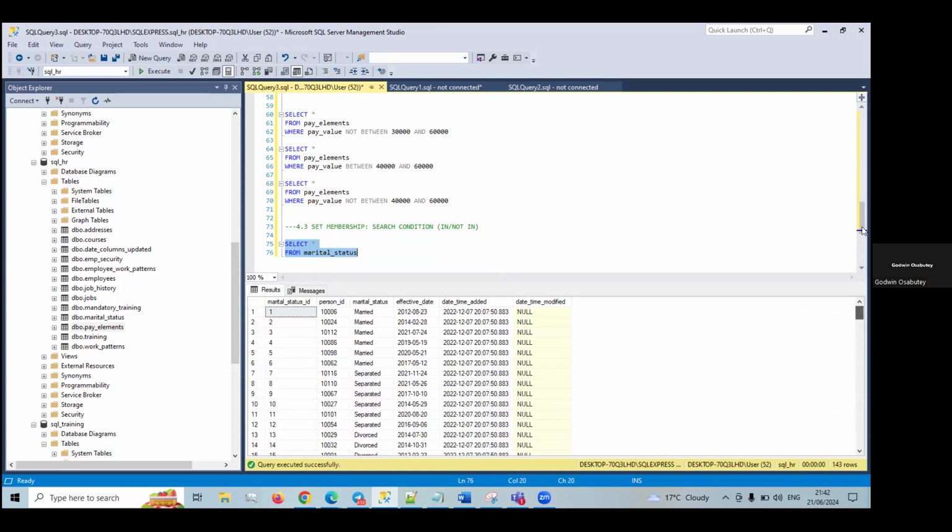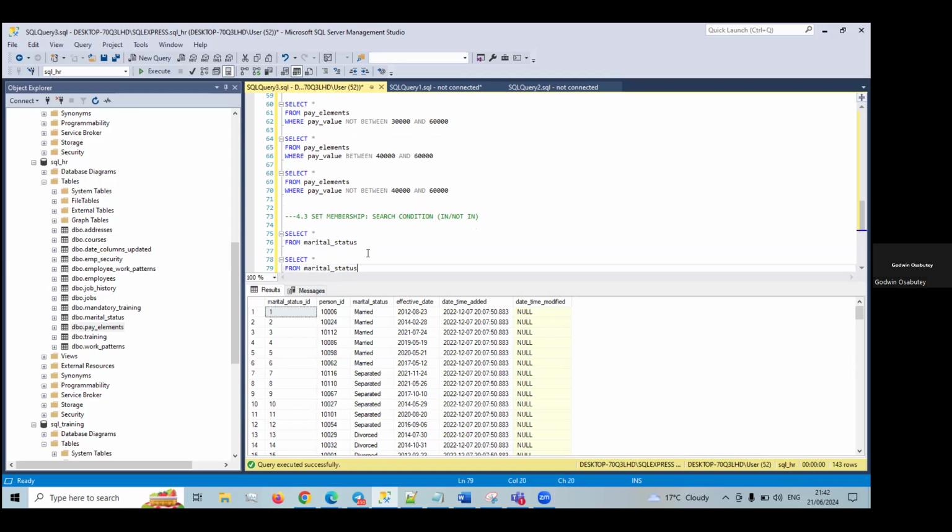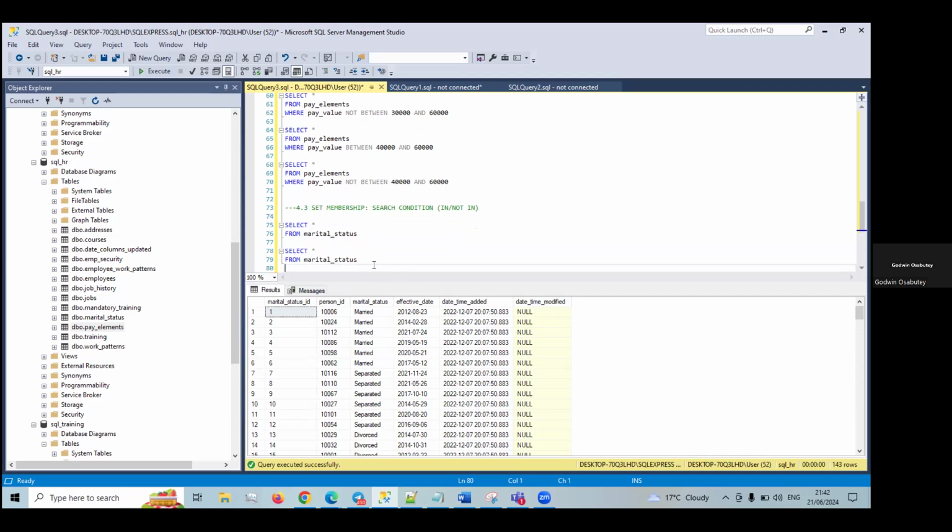If, for example, we put a where condition there, marital status in